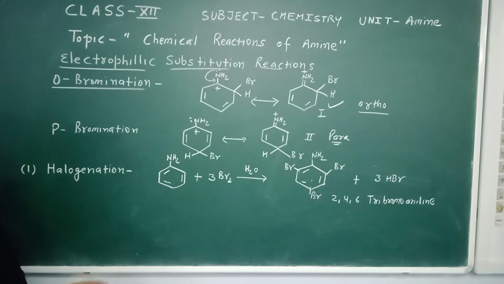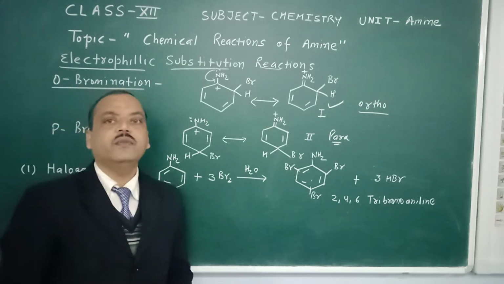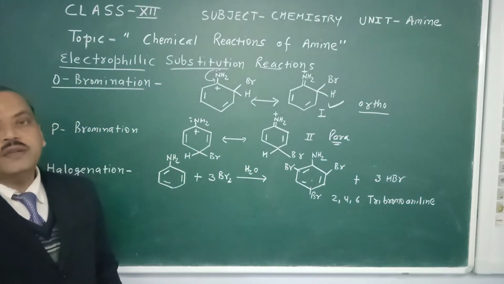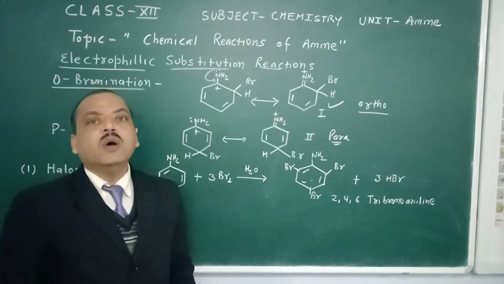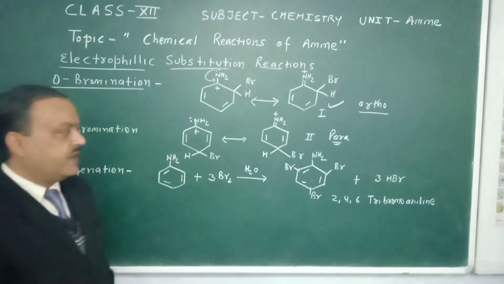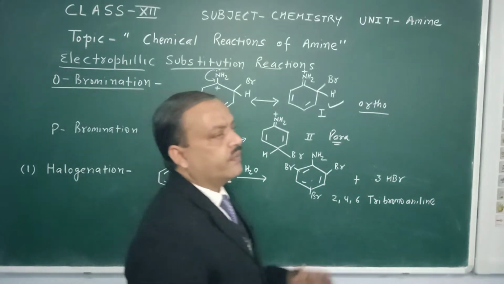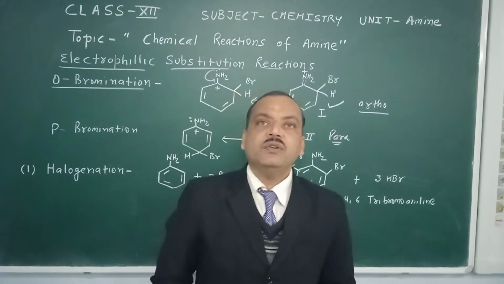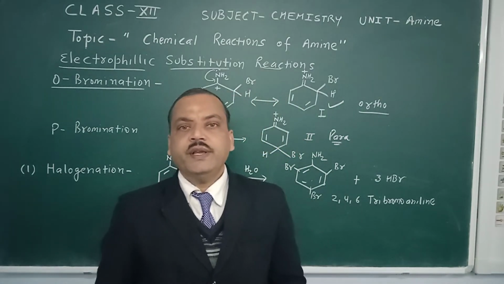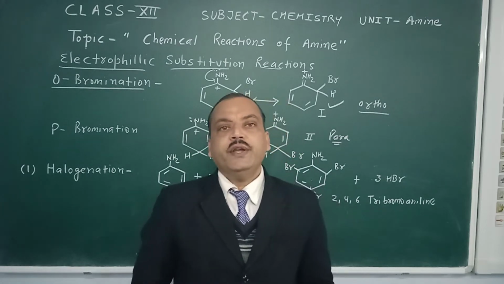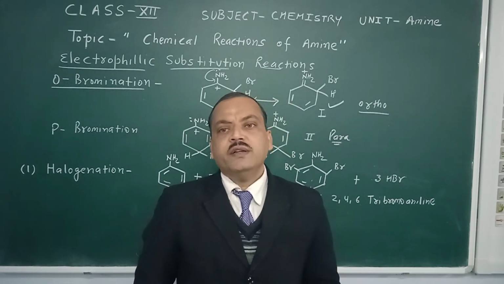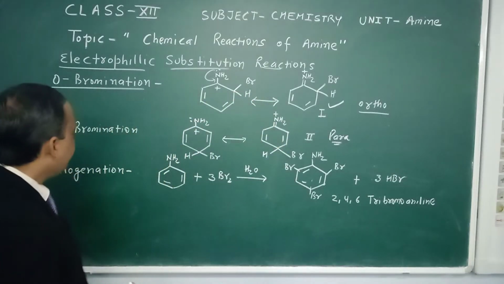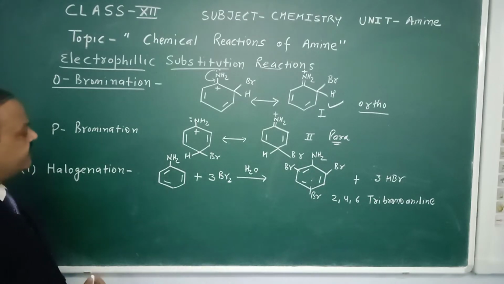So how will we decide which product is formed in large quantity? Will the para product or the ortho product form in large quantity? We have to study this through acylation of aniline, through which we control the reactivity of the amine and get one product in large quantity. Here some reactions are given as examples.